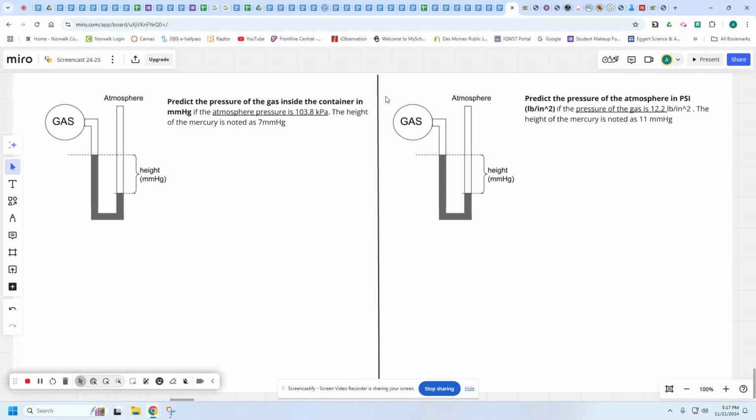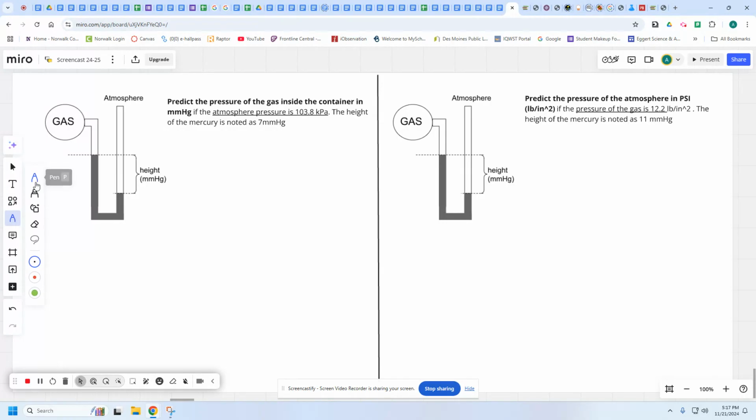In this video, I'm going to show you guys how to predict either the pressure of the atmosphere outside the manometer or the pressure of a gas inside a container on the other side of the manometer. In the first problem on the left, it wants you to predict the pressure of the gas inside the container. So I often like to label the drawings so that I can keep straight which gas or which atmosphere we're